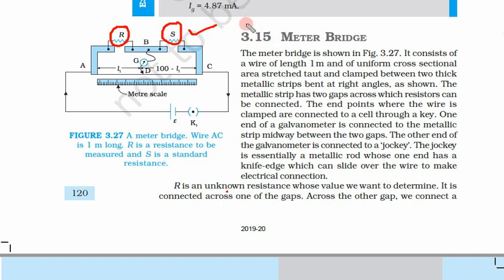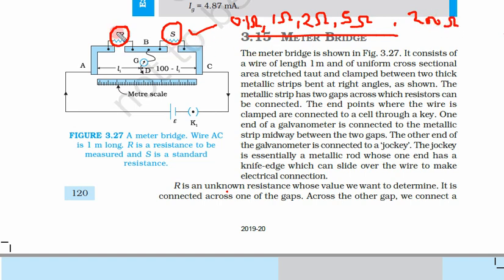We have seen that the post office box or resistance box has several resistances like 1 ohm, 2 ohm, 5 ohm and so on. So we have different types of resistances in resistance boxes. Some resistance boxes have smaller resistances like 0.1 ohm as well. Some have bigger resistances like 200 ohm.